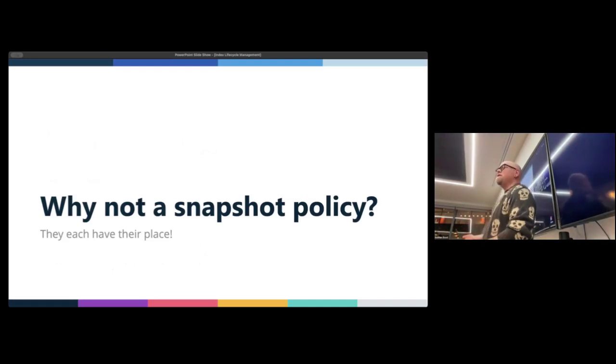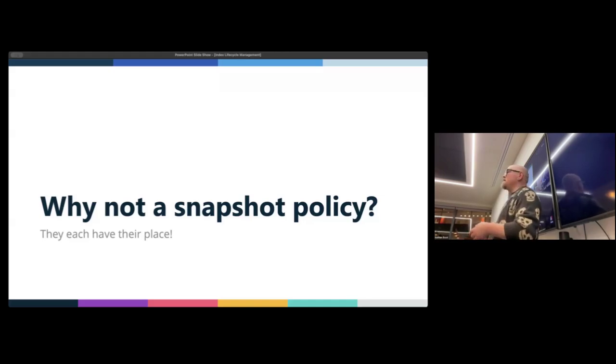When I showed you the list of things that you can do to an index, one of them is snapshot, and that's mostly a backup kind of a thing. It takes your index and stores it somewhere else for use later or for a restore later. We also have the concept of a snapshot policy, which is basically the same thing, only it doesn't quite live under the same roof as index state management.